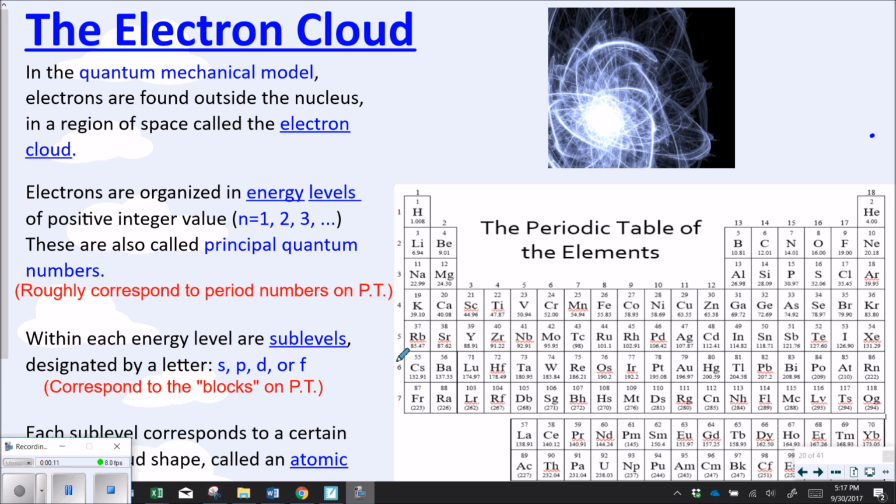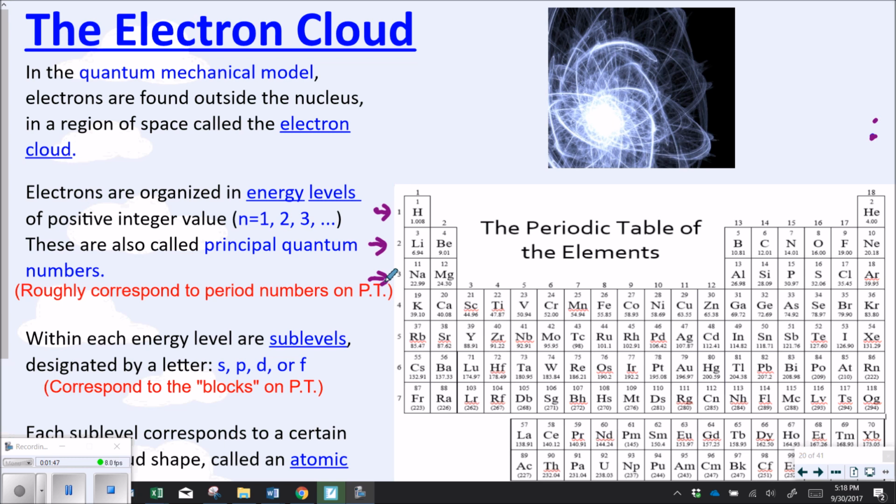In the quantum mechanical model, electrons are found outside the nucleus in a region of space called the electron cloud, which we know by now. Electrons are organized in energy levels of positive integer value, n equals 1, 2, 3, etc. These are also called principal quantum numbers. They roughly correspond to period numbers on the periodic table. So energy level number 1 corresponds to period 1, energy level number 2 to period 2, energy level number 3